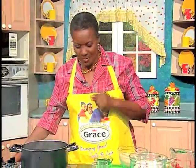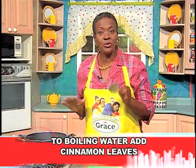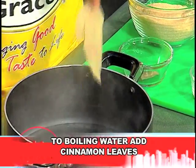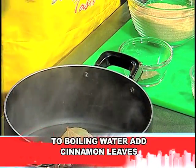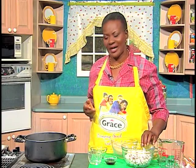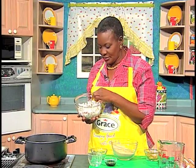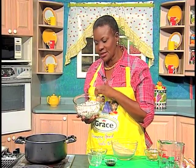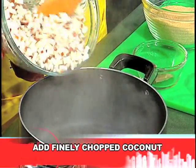Remember, we are making coconut drops. The water is just about boiling, and to it we are going to add cinnamon leaf. The boiling water will help to extract the flavor from the cinnamon, so you have a lovely flavor added to that. Here we have dried coconut that we have cut in bite-sized pieces, and we are going to add this to the boiling water,